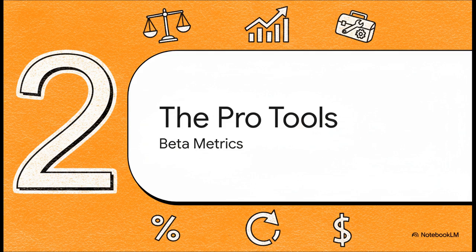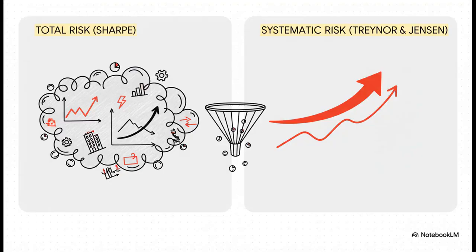These are the metrics that know how to tell the difference between different kinds of risk. And this lays out the key difference perfectly. While the Sharpe ratio is looking at total risk, every single bump in the road, our pro tools, the Treynor ratio and Jensen's alpha, are way more focused. They only care about what we call systematic risk, which we measure with a score called beta. Just think of it like this. If the whole stock market tanks, even the world's best stock picker is probably going to lose money. That unavoidable market-wide risk, that's systematic risk. It's the tide that lifts or lowers all the boats.